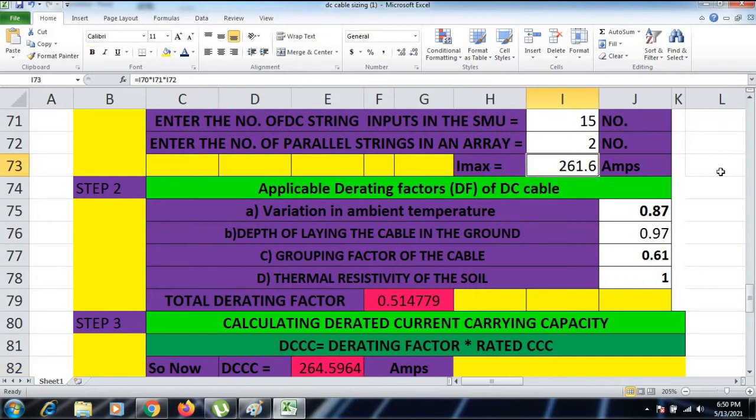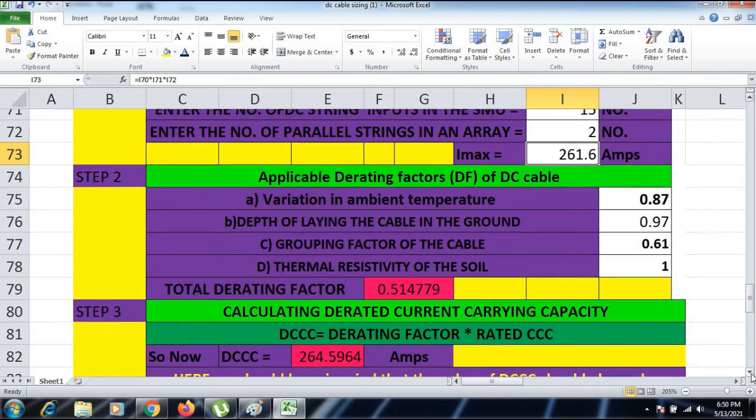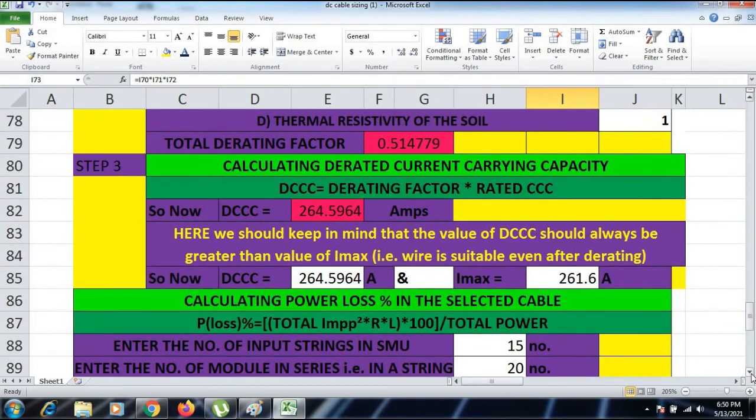So guys, we have to take care of this. As written here, keep in mind that the value of DCC should always be greater than the value of Imax, so that the cable is suitable even after derating.